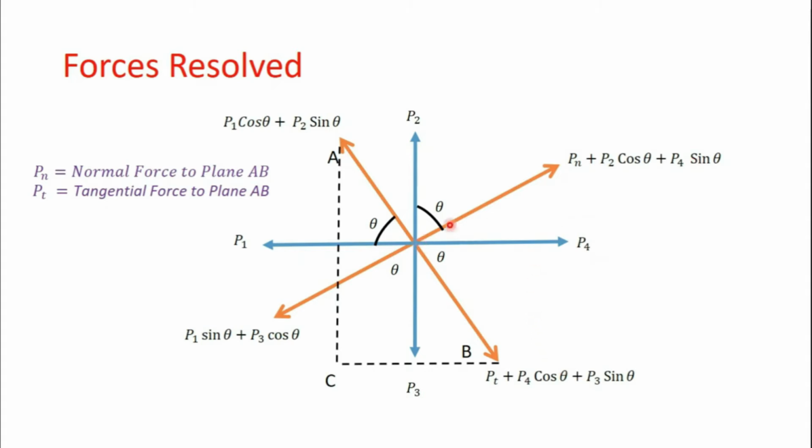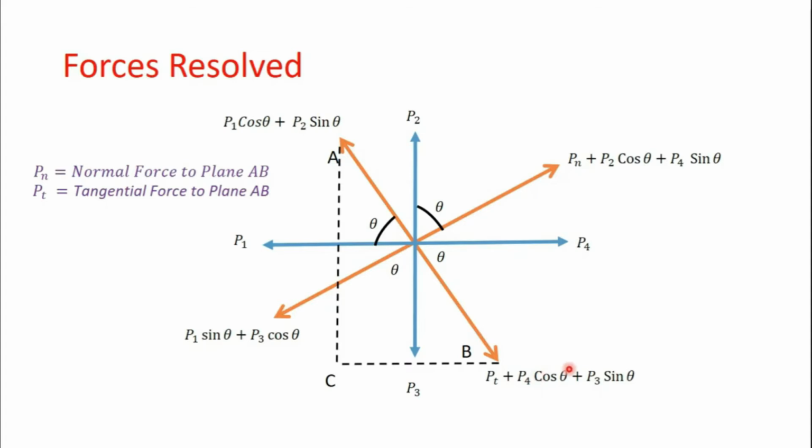One more thing, since this is the perpendicular normal stress in this direction, we have considered Pn, which is the force responsible for sigma n. So Pn is the responsible force due to sigma n. So I am considering Pn plus P2 cos theta plus P4 sin theta with respect to their desired direction. And similarly, since we have assumed that sigma t is in this direction, Pt, which is the tangential force responsible for sigma t, the tangential or tau stress, is in this direction, so Pt plus P4 cos theta plus P3 sin theta.